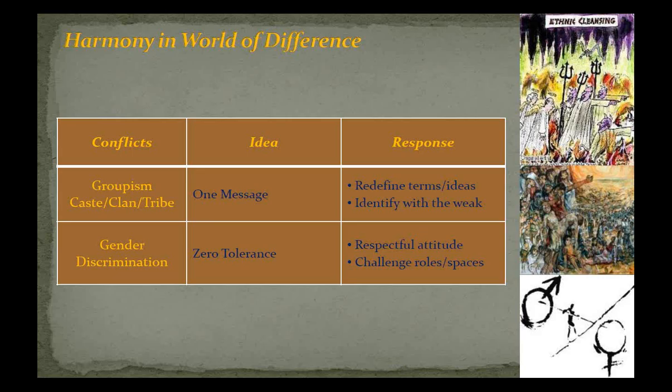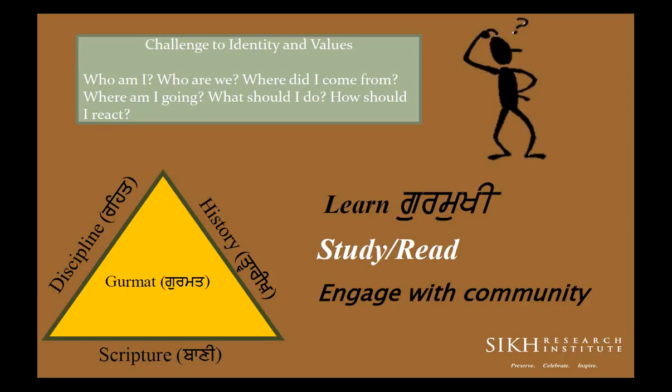These are the kind of things that, knowing the real message of the Vaisakhi of 1699, should be very easy to respond to. Here's another one, our challenge to our identity and our values. The biggest problem, and I've been traveling and doing these seminars and events, is we are going through a very major identity and value crisis. So what is our legacy, what is our history, and for example, what is the significance of Vaisakhi? And the only way we can answer it is if we really look at it from all aspects of our Bani. What are the historical incidents and what is their significance, and what is our current life discipline and traditions in our community.